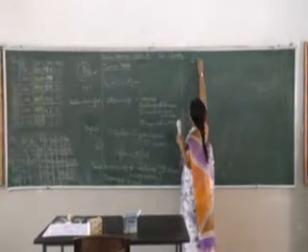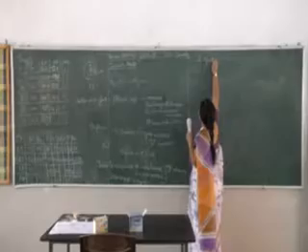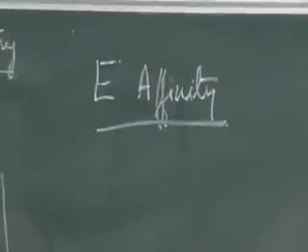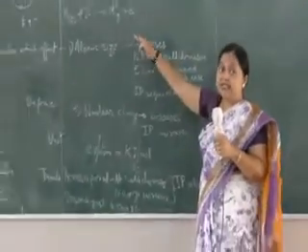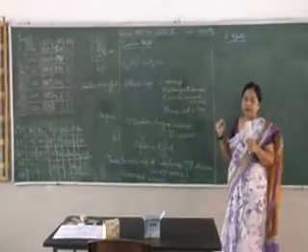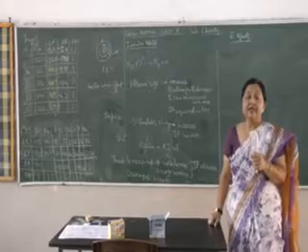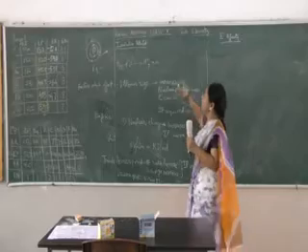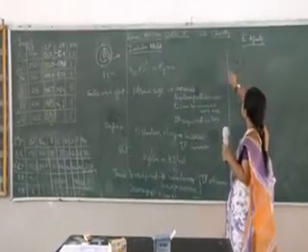Electron affinity. Just as we were discussing just now, that a certain amount of energy is required, is absorbed by the atom when an electron is removed. So if an electron is accepted in the valence shell, then energy will be released. Just the opposite happens. If an atom accepts an electron, so let us see this, X